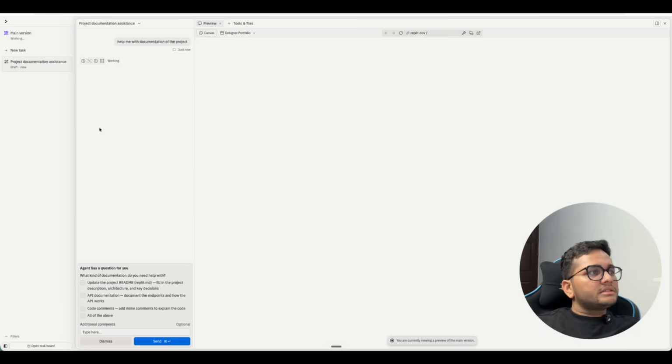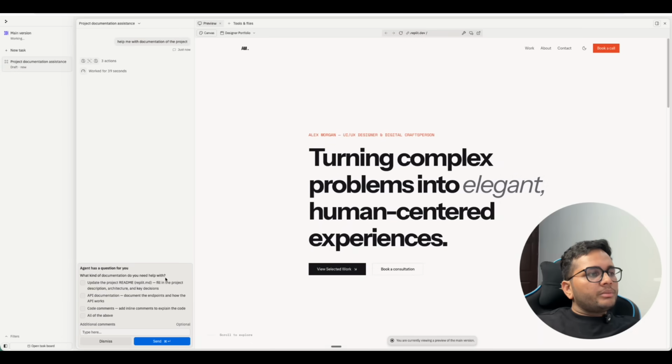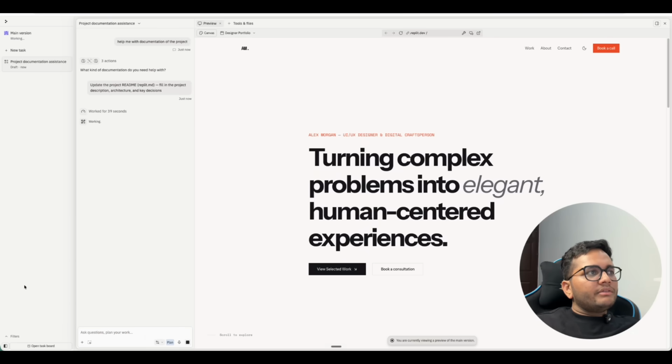This is the main version, and this is the project documentation. What kind of documentation do you need help with? Update project README, API documentation, code comments, all of the above. Let's have only README. So I'll have README. It is helping me with README. For example, if I want to upload this project on GitHub, I can have a solid README file directly from